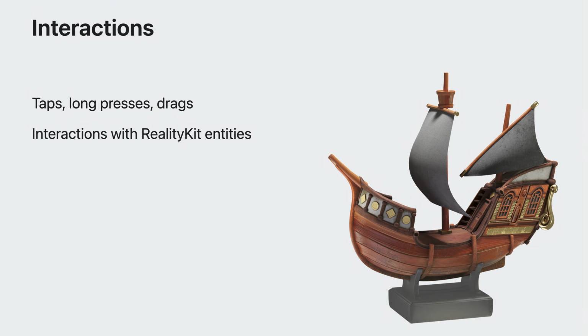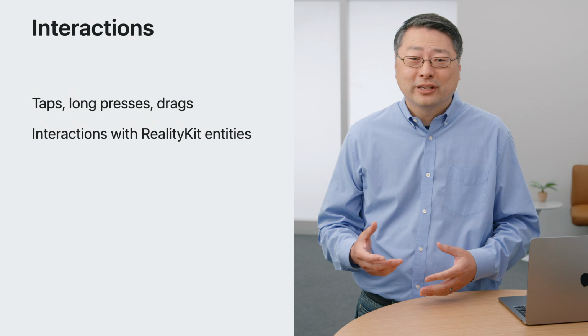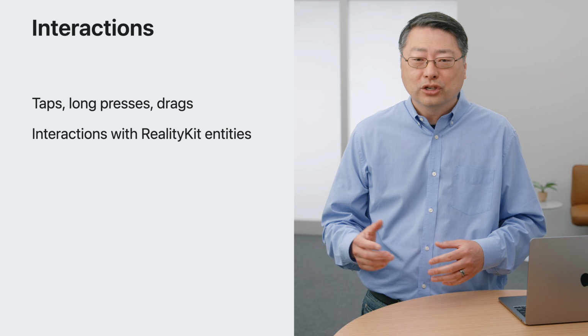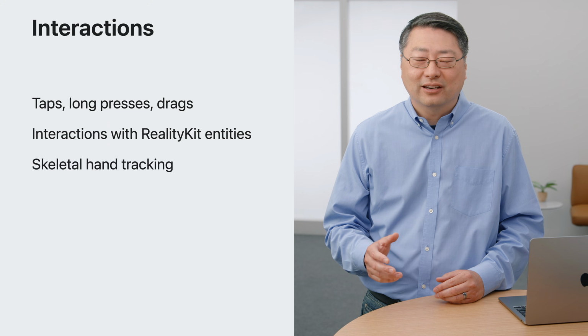Gestures are integrated well with SwiftUI. The same gesture API works seamlessly with RealityKit entities. This allows people to easily interact directly with your 3D scene elements. For example, this could be useful to place a flag directly onto this 3D model. Or imagine controlling a virtual zipper. Or perhaps you want to interact and pick up virtual chess pieces. Now, if you want to do a game of bowling or transform people's hands into a virtual club, you can do this through ARKit's skeletal hand tracking.